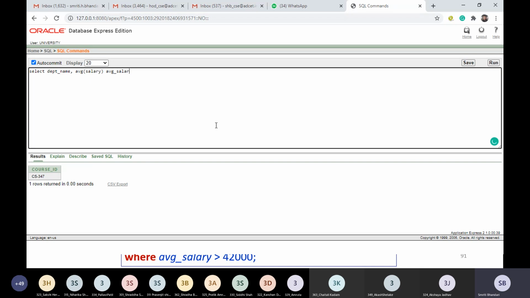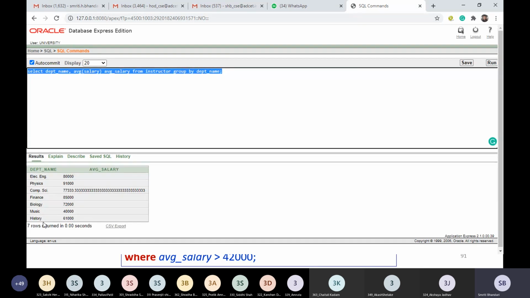The name of this column we are going to rename salary, from instructor, group by department name. So let us try to execute this partially first.